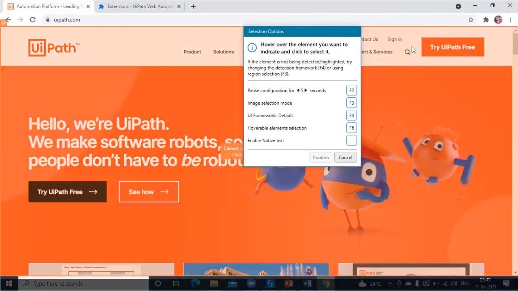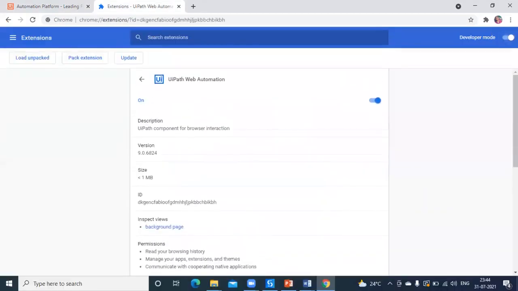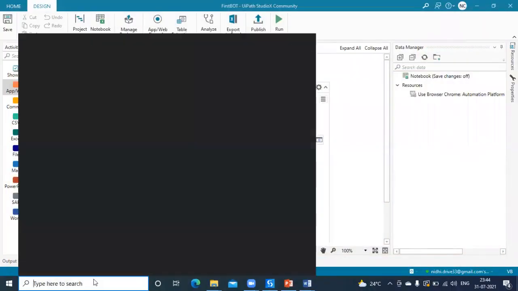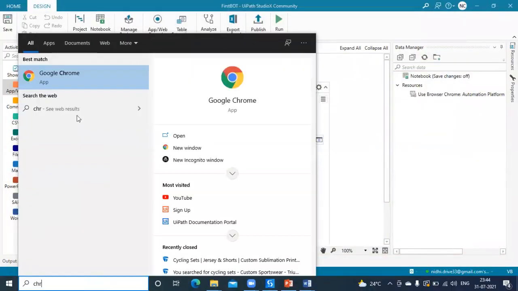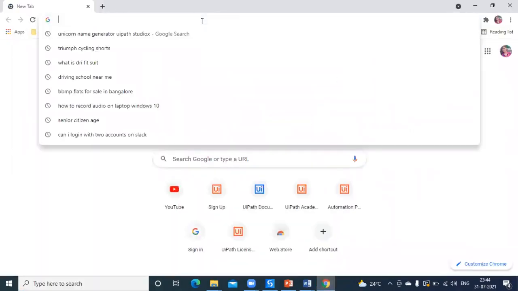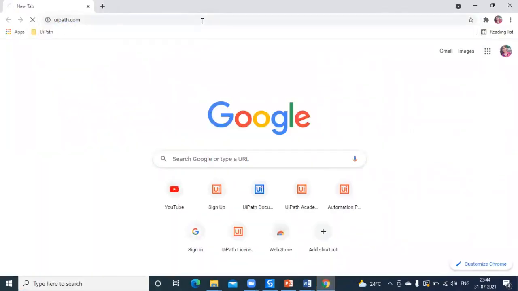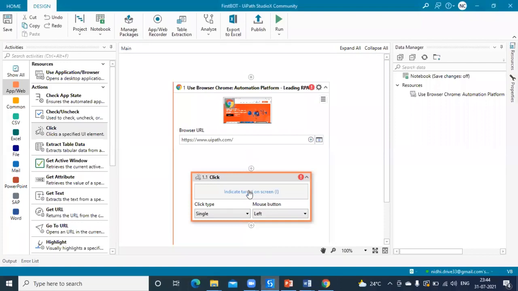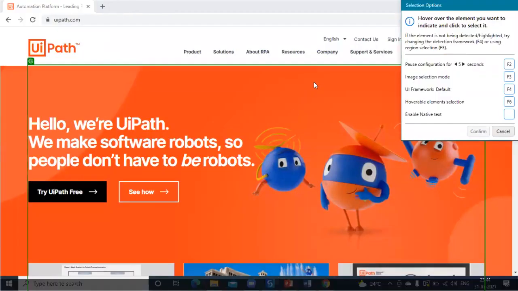If you go to the extensions page, which we saw, here is the developer mode. Make sure you enable this. And now the next time I open the same window again, I'll be able to capture the elements on the screen. So once you enable the extension, make sure that the developer mode is also on to automate any web page on the browser.